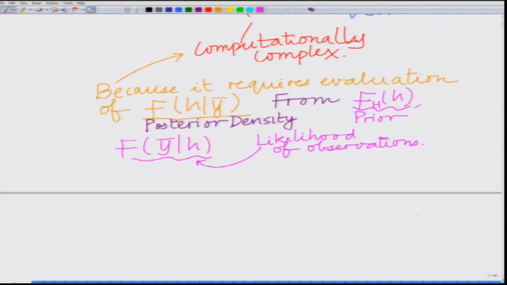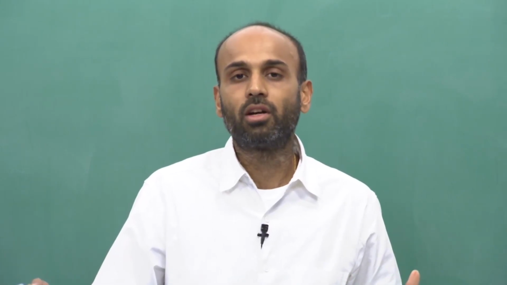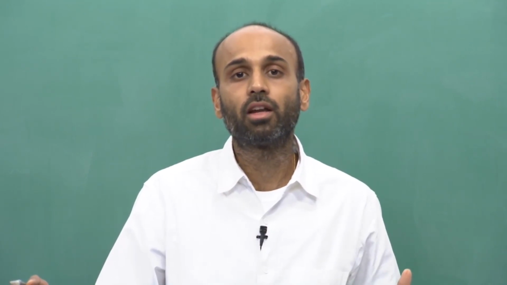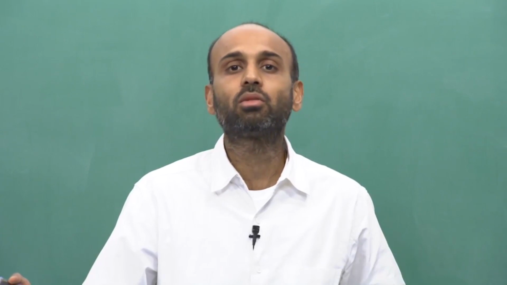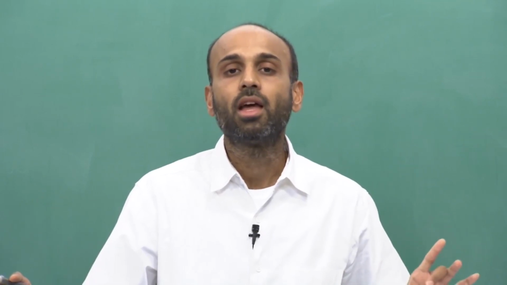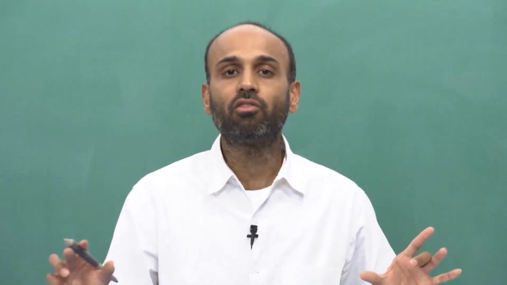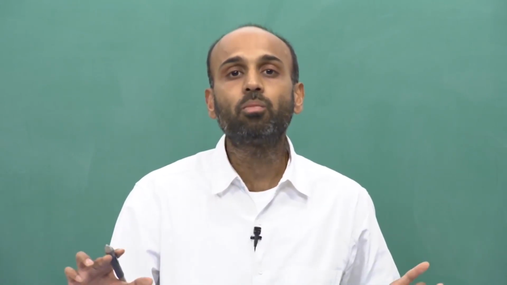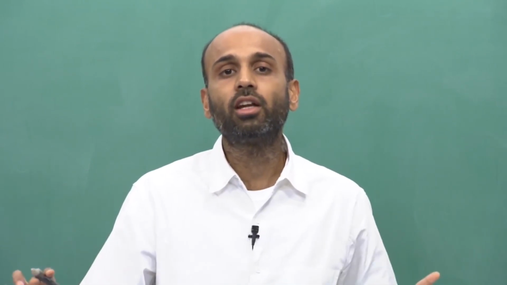So, why is evaluating the MMSE estimator computationally complex? Because we are given the prior probability density function f of h and we are given the likelihood, that is f of the observation vector y bar given h. From these we have to evaluate the posterior probability density function, which is f of h given y bar, which is a computationally complex task. And if you remember, we had computed this for the Gaussian scenario, when the single observation y and the parameter h are jointly Gaussian, and even for that scenario we had to go through a lengthy and very elaborate derivation,